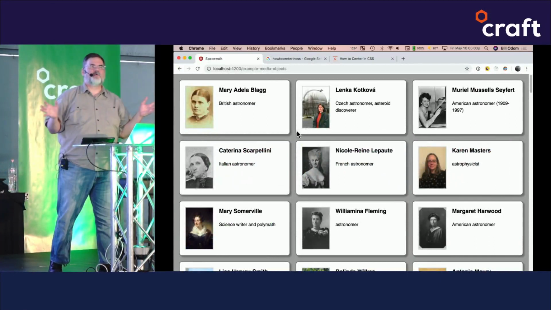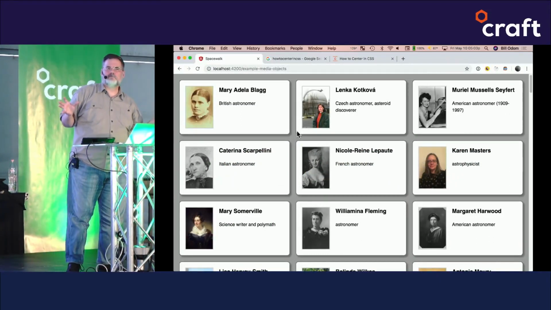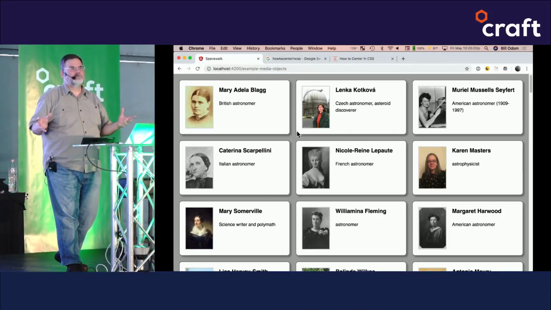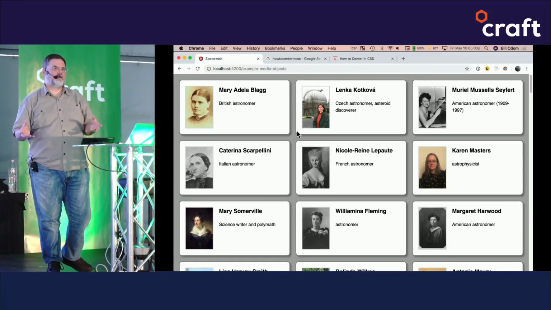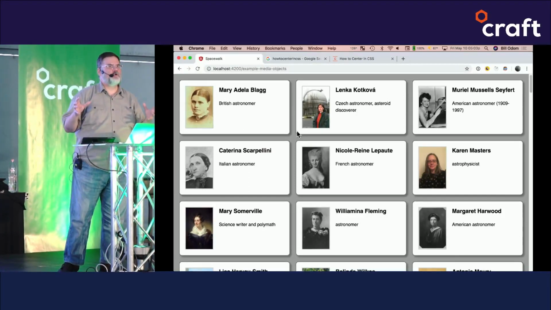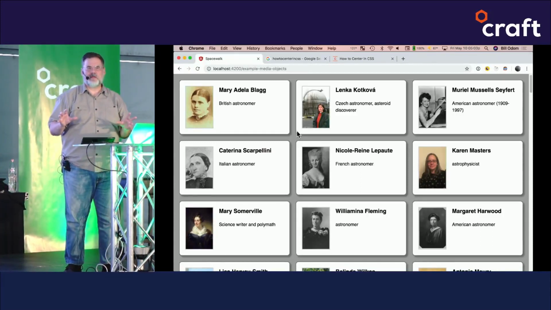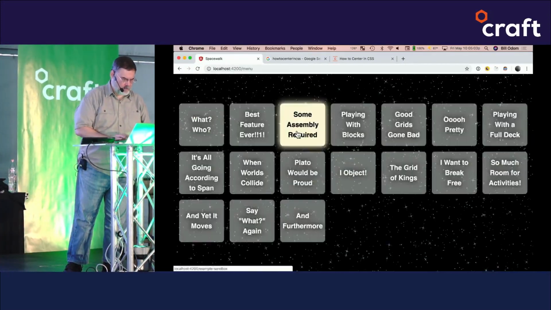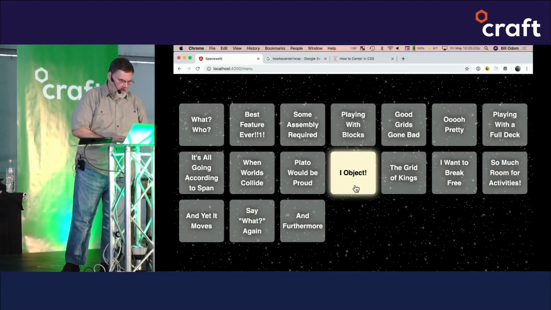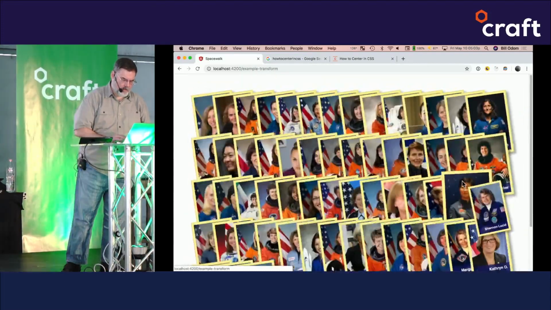All right, so like I said, this is a more realistic example, but it still feels very rectangular. And that's not necessarily a bad thing. The web is built out of rectangles, but sometimes we don't want to be limited by that. And I want to show you that even though grid is all about setting up rectangular areas, don't feel like that necessarily has to be a constraint. So if we take a look at, I'll skip over this one and go to the I want to break